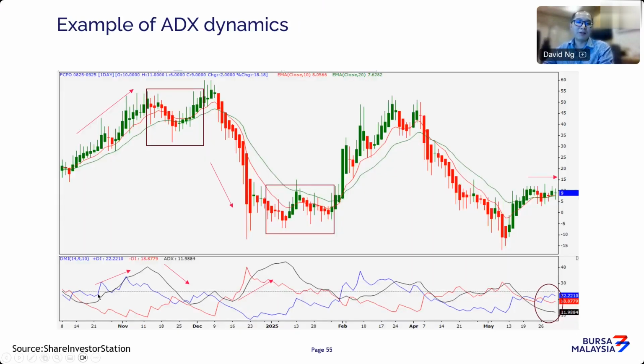So how will you apply it here? You can see this black line is your ADX. Once ADX starts to rise, it's telling you that this uptrend is very strong. Now, notice the peak here. Once the peak is reached and the ADX black line starts coming down, it's telling you that this uptrend is exhausted. In fact, potentially it can signal a change in trend. So if you're holding on to a long position, you should be out of the market.